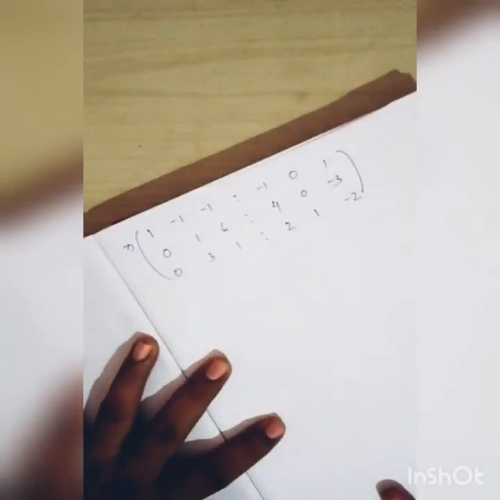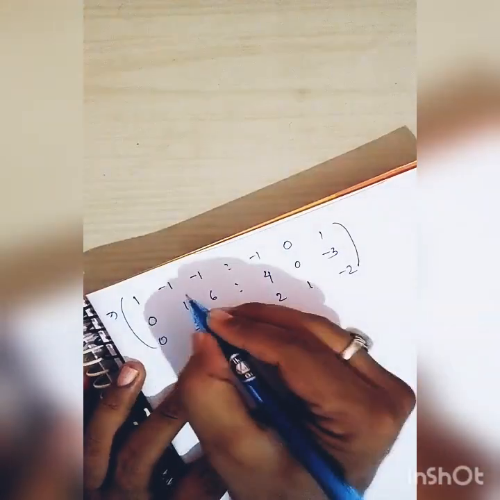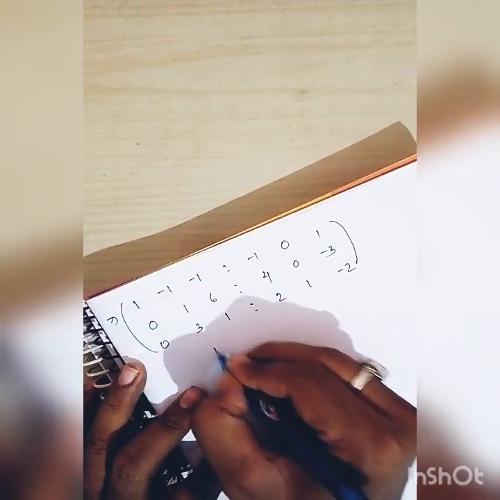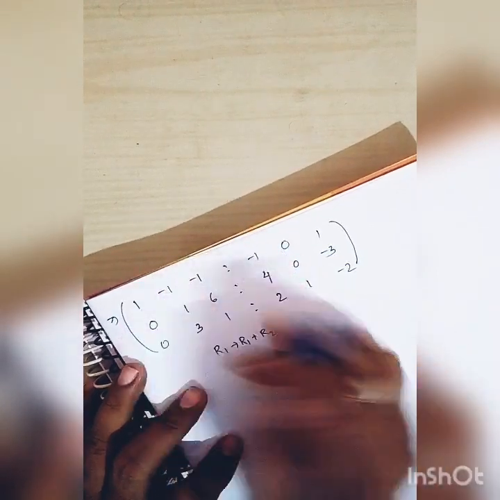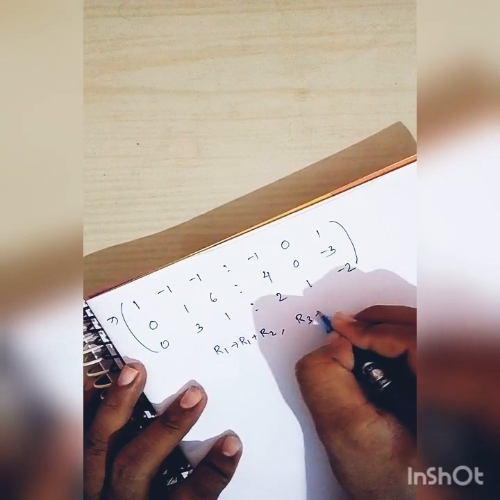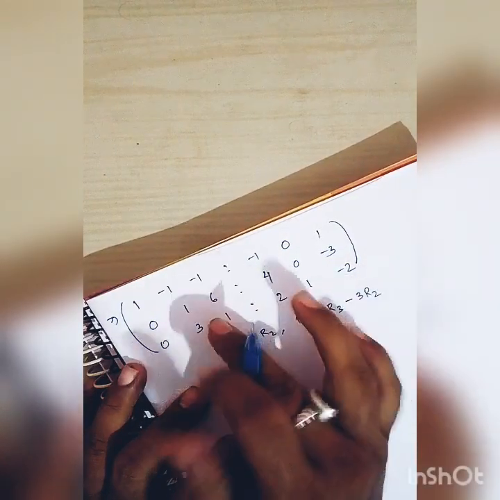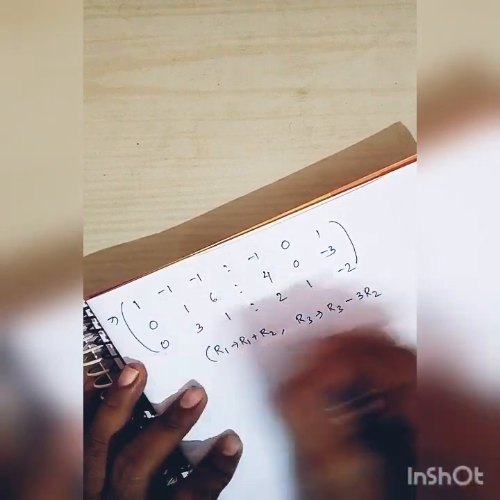Now the third step is complete. Now we have to reduce this minus 1 and 3 to 0 using this one. Now row 1 is replaced by row 1 plus row 2, as it is minus 1 plus 1 is 0. Again row 3 is replaced by row 3 minus 3 row 2, as we have to reduce this 3 to 0 using this row 2. So